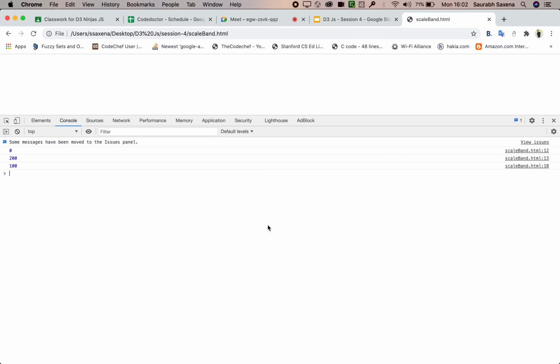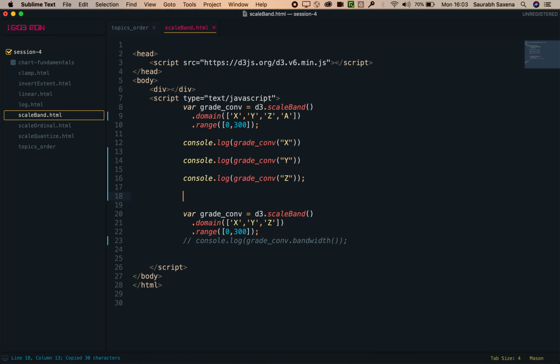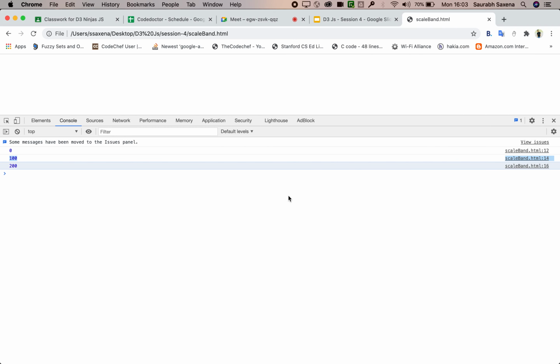and let's consider this. Now you can see 0, 100, and this. So what scale band does is look at what kind of bandwidth it can use, what kind of number it can use. So instead of assigning from 0, it starts from 100. So 0, 100, 200, right? If you pass any other value, let's say maybe a, and let's try to console that value. So you can see now it becomes 0, 75,